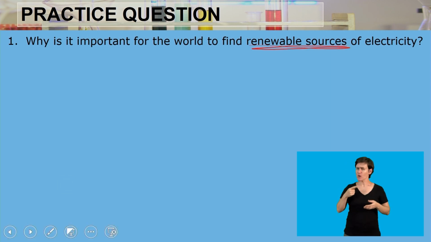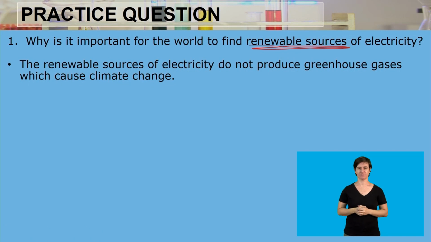Remember that currently we are using coal as our main source of generating electricity, and that comes with its own disadvantages. Number one, we know that coal can cause pollution, and one of the gases produced from the burning of coal is carbon dioxide, which is a greenhouse gas. We can even talk about sulfur dioxide, which is another gas that can dissolve in the atmosphere to produce acid rain. When it rains, we can have the acid rain. So those are the disadvantages of using coal as the main source of electricity generation.